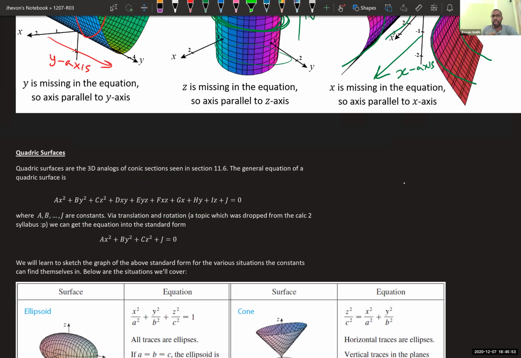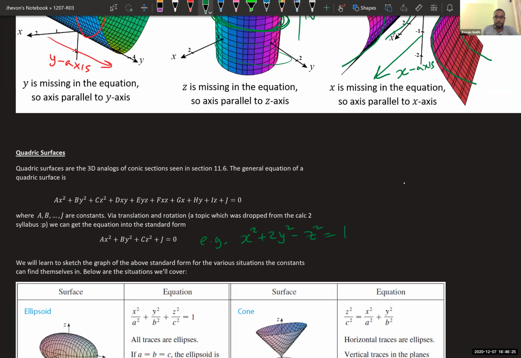Normally, we can do some sort of shift or transformation to write a conic section in this form. So there's a general form here, but we can often, through some sort of transformation, write it as this form. And so we really only need to know how to graph this form for some constants A, B, C, and J. So for example, x squared plus 2y squared minus z squared equals 1 is an example of a